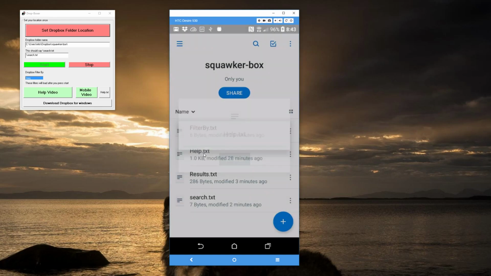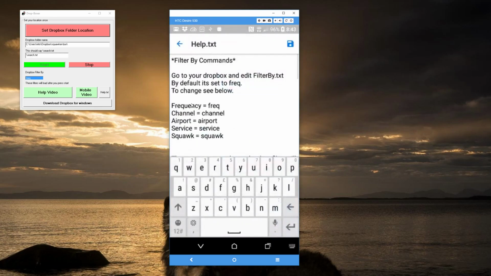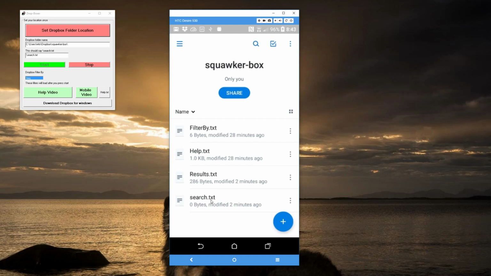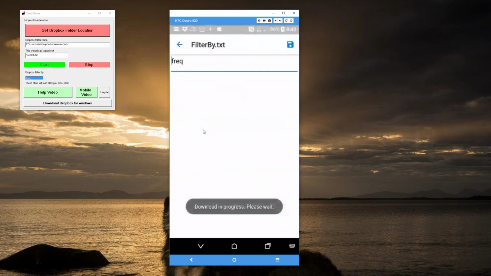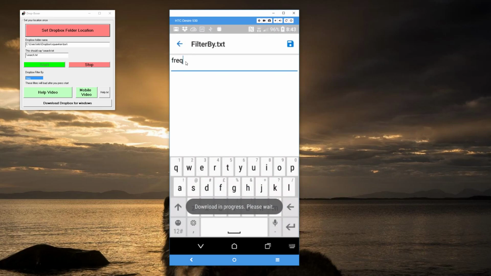In the help text box, there is a list telling you what you need to enter to be able to search those. So if we go back and into filter by, it's initially set for frequency. If we change that to airport and hit save,